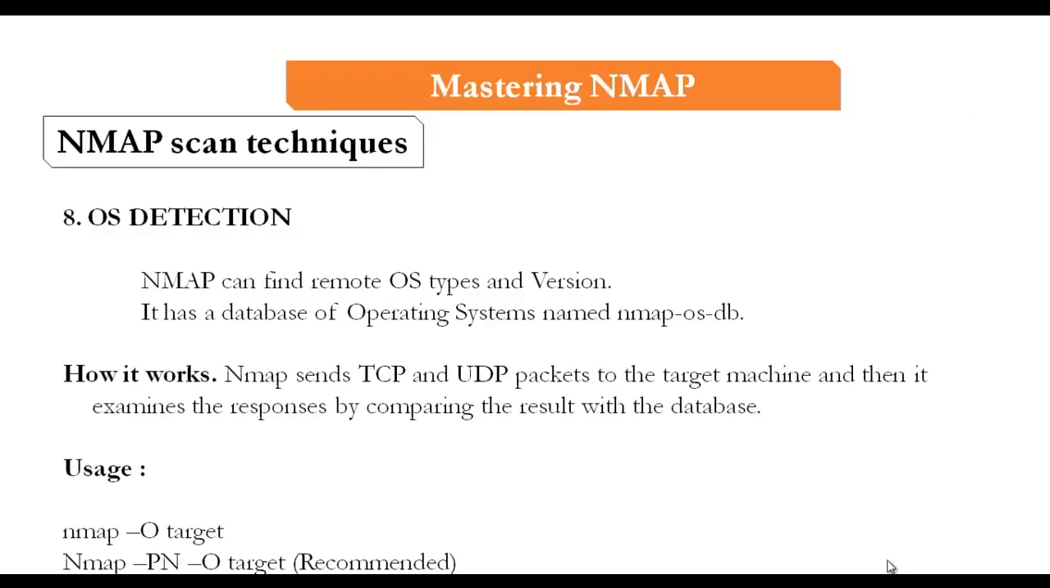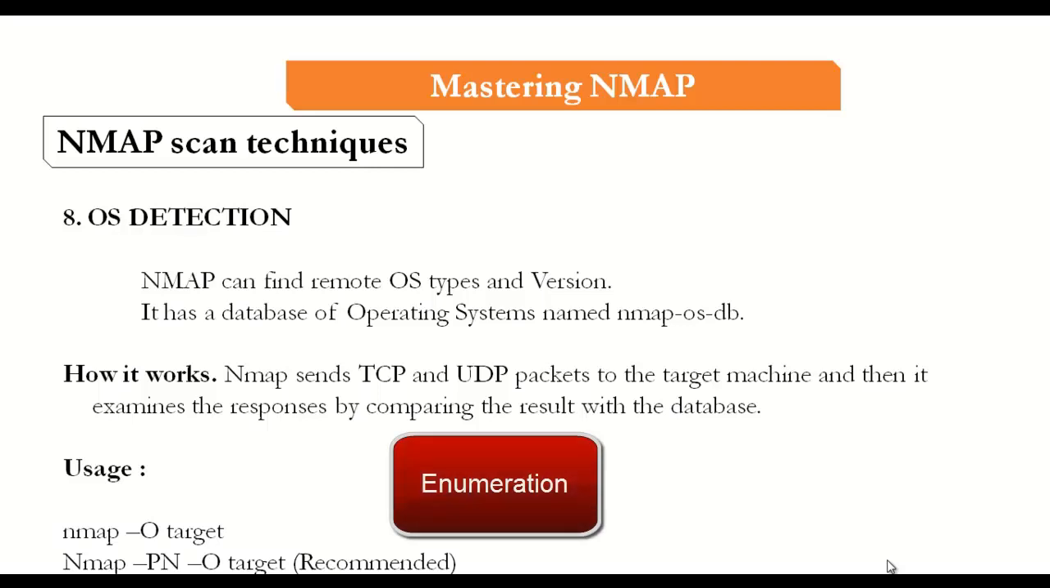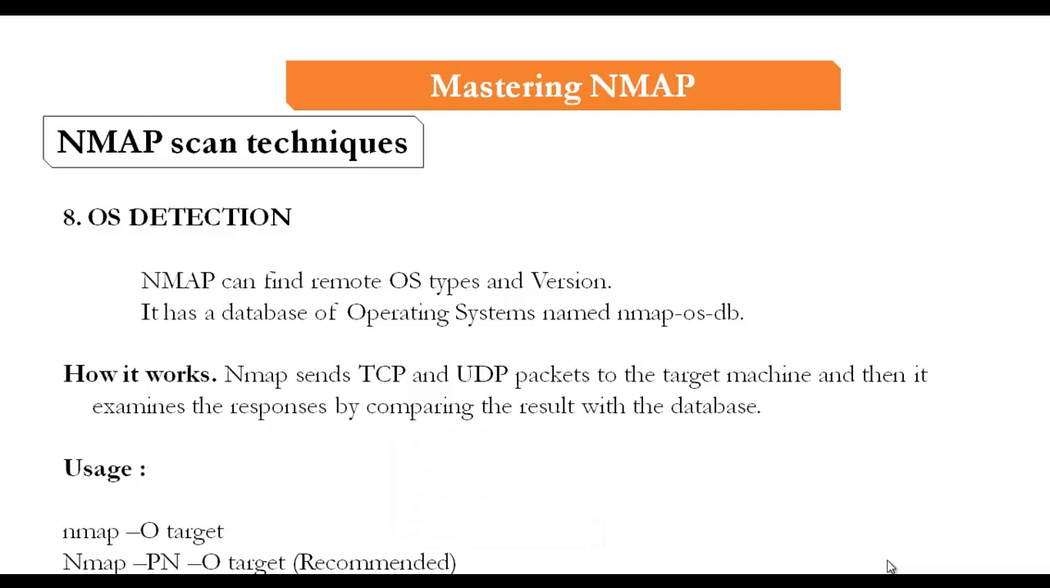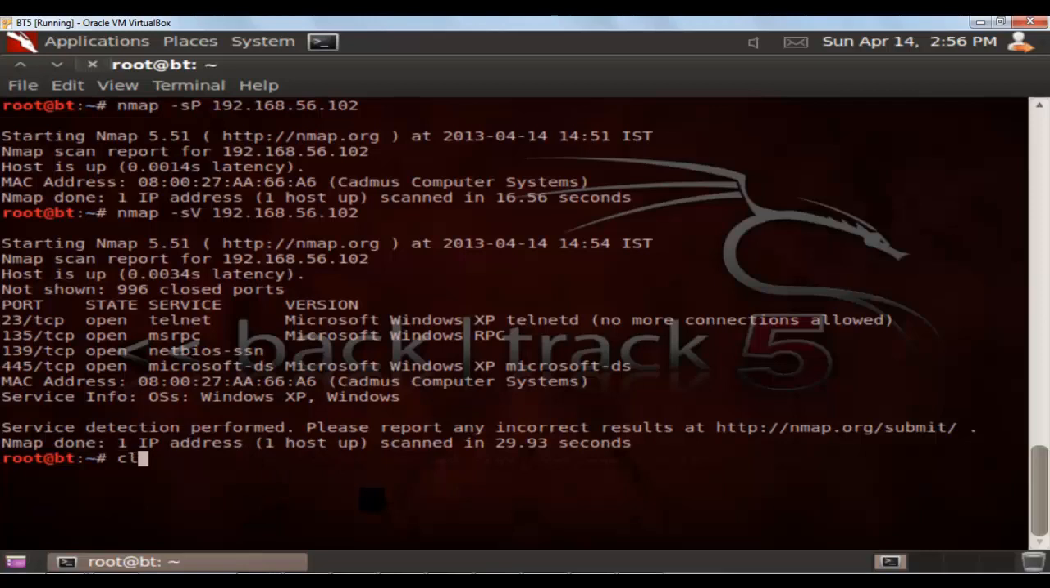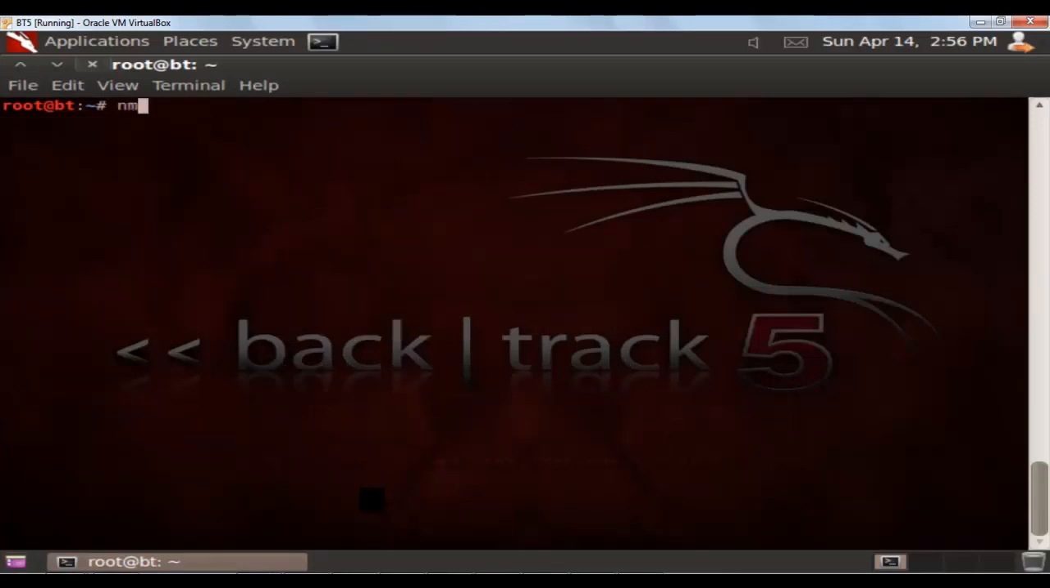The next one is operating system detection. Nmap can find out the remote operating system types and version. It maintains a database of operating systems with the name nmap-os-db, and this particular scan technique sends TCP and UDP packets to the target machine, and then it examines the responses by comparing the result with the database it has. Now, to find out the OS specific details, we can simply use the switch -O, which is capital O,